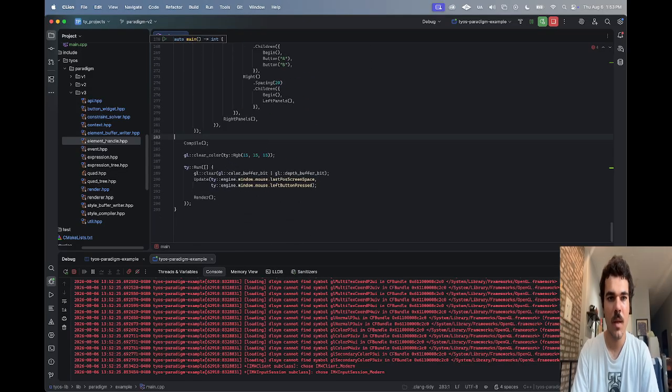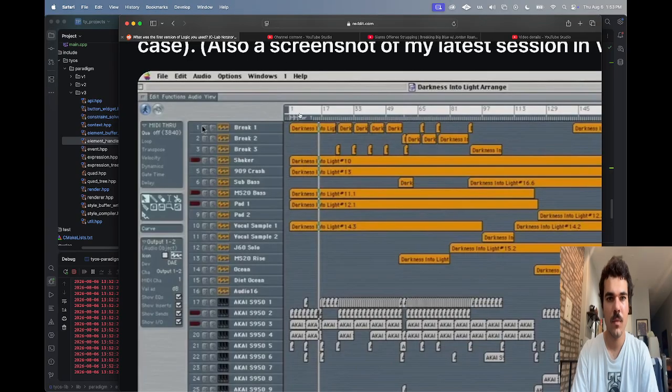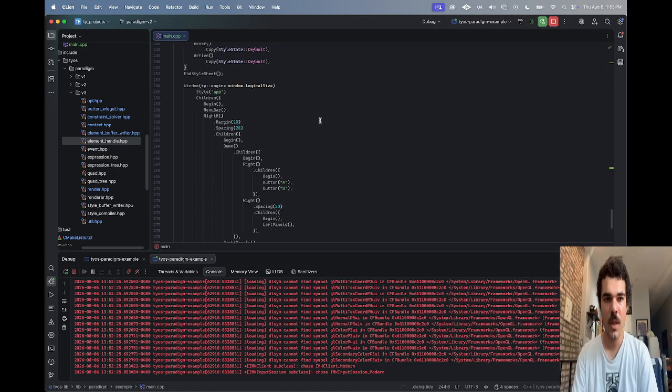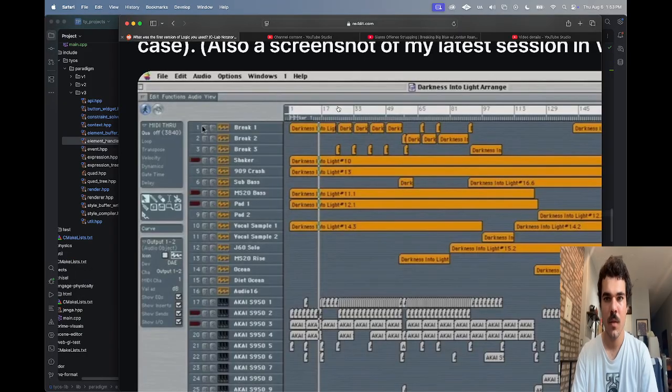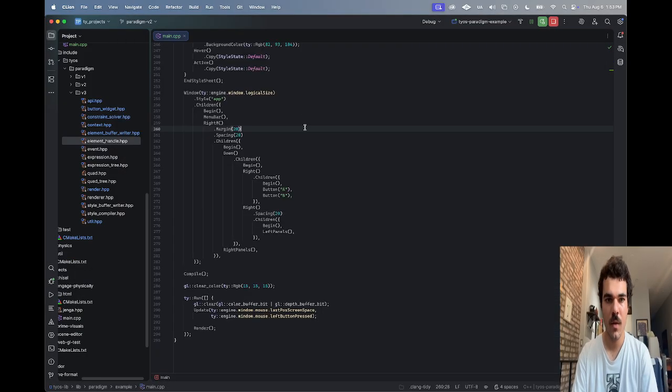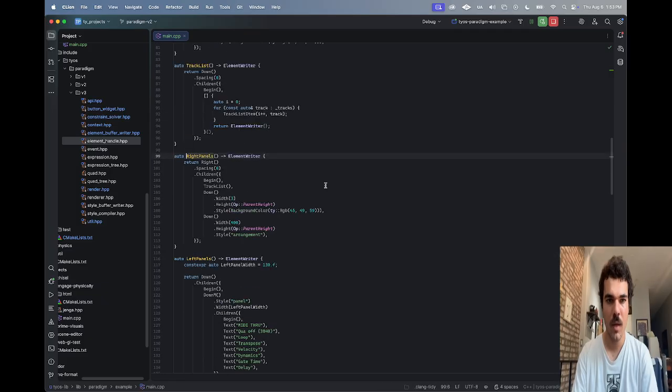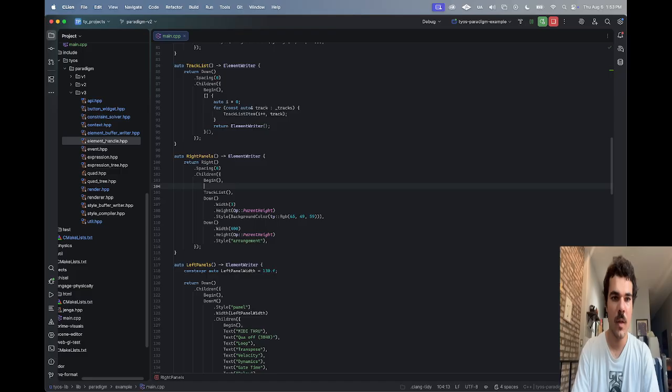So then we'll say something like ruler, yeah, because in right panels, we're going to want a ruler, right? We're going to say like children,